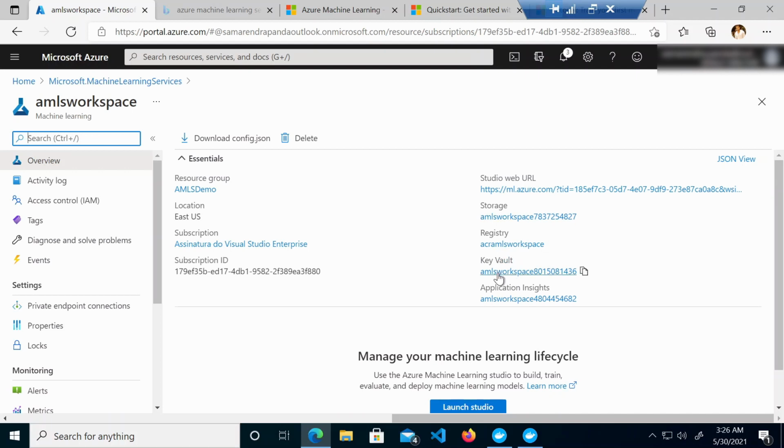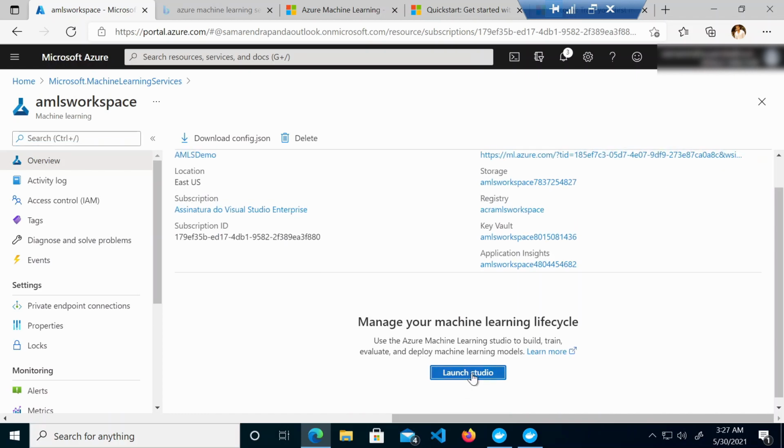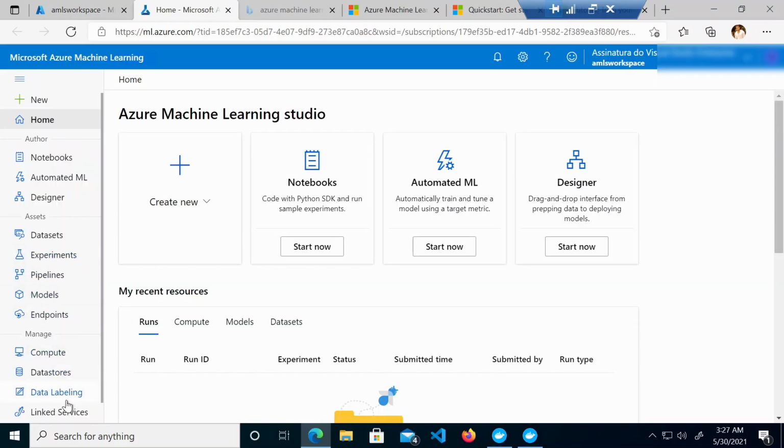From the UI itself, we'll be able to see a few things here. I am just going to click Launch Studio. If I click Launch Studio, an Azure Machine Learning Service workspace will open. Here, if you look, I'm just going to talk about the assets part, the data set. Now, before I talk about the data set, I need to introduce the data store. What is a data store?